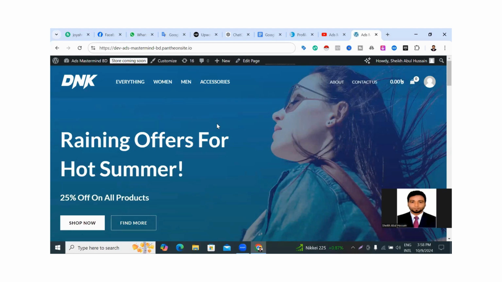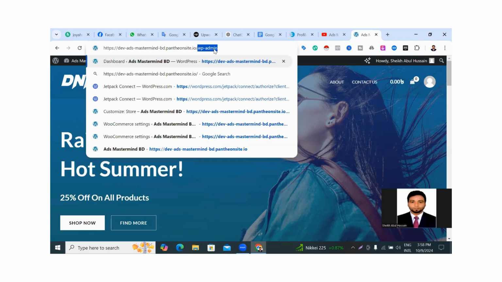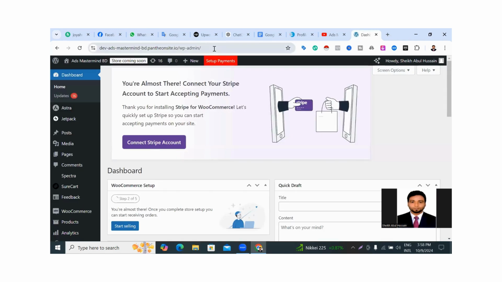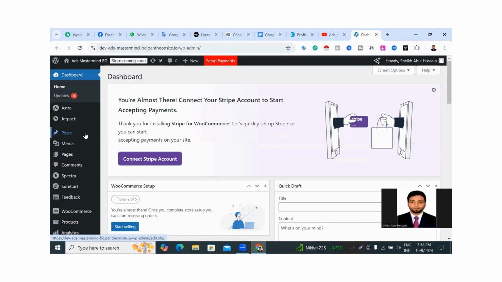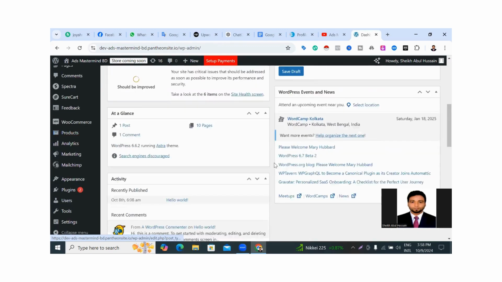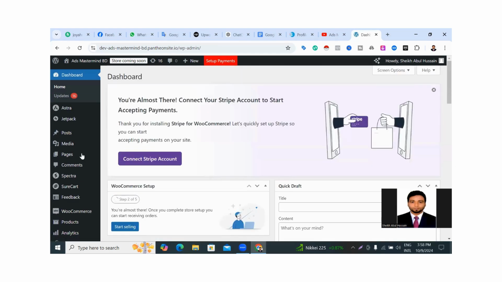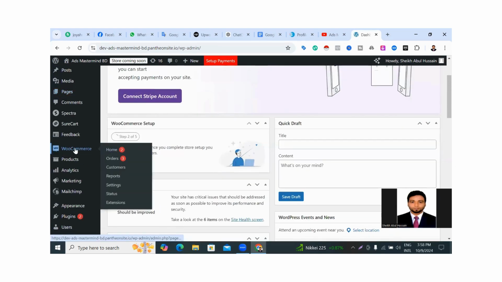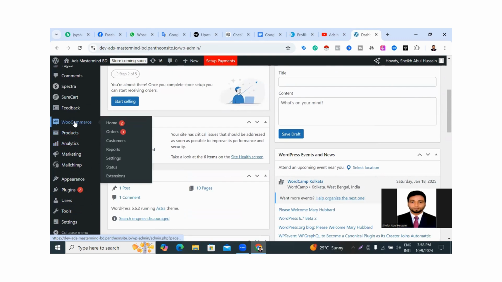First, to reach the backend of your website, type /wp-admin right beside your website URL. Then click the enter button. When you do, you will reach the backend of your website like this. And here you can see the WooCommerce section. If you do not see this WooCommerce section,